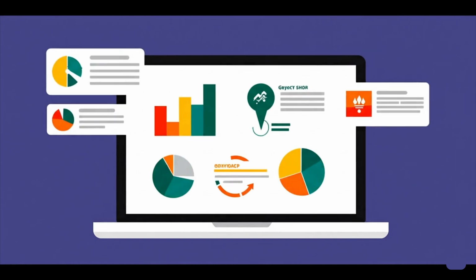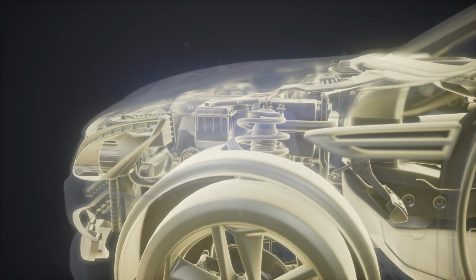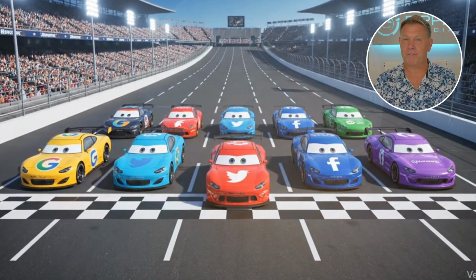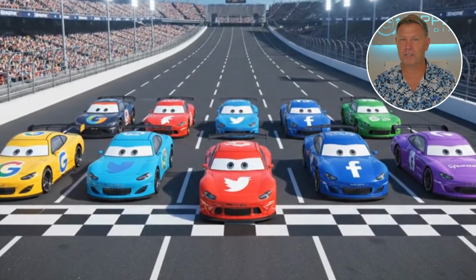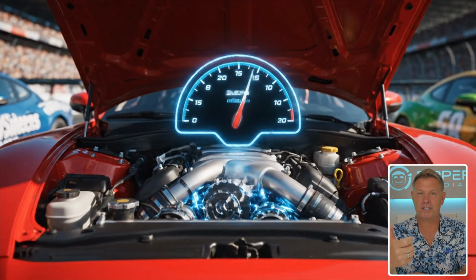Our goal with our clients is to get that score as high as we can by building high authority links to your website. The way I refer to it is I compare it to the size of an engine in a race car. Google search is kind of a race. You're in a race against your competitors to get top rankings in Google search, and the size of the engine matters. This SEO authority score is like the size of the engine.